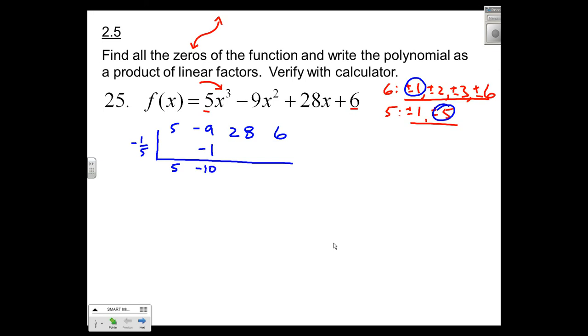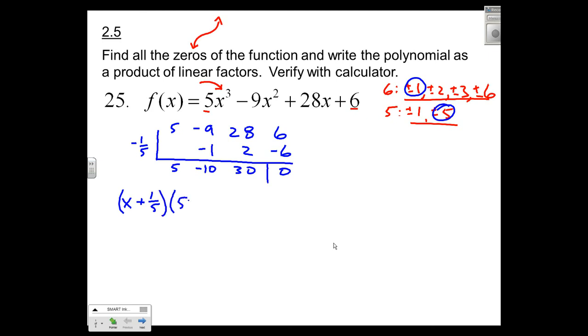Times negative 1/5, positive 2, plus 28, 30. Times negative 1/5, negative 6. Holy cow, wasn't I lucky? So negative 1/5 is a 0, which means that x plus 1/5 is a factor. So right now, if I was to factor this, I could write it as x plus 1/5